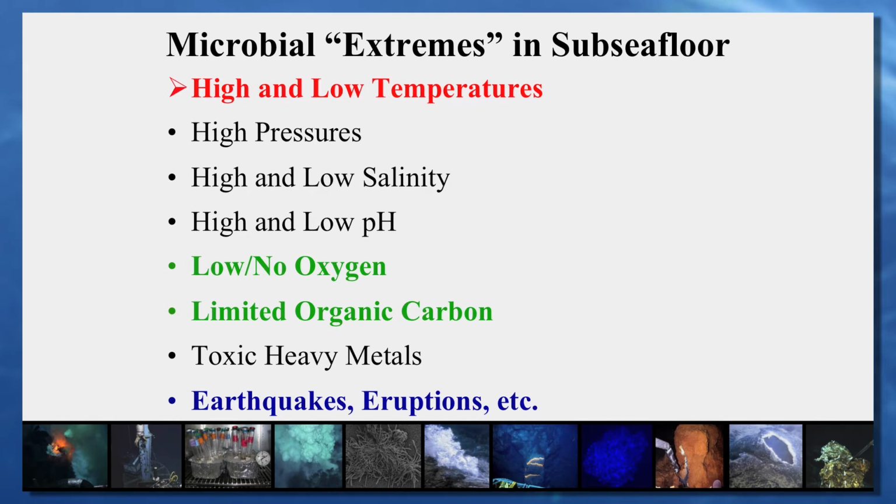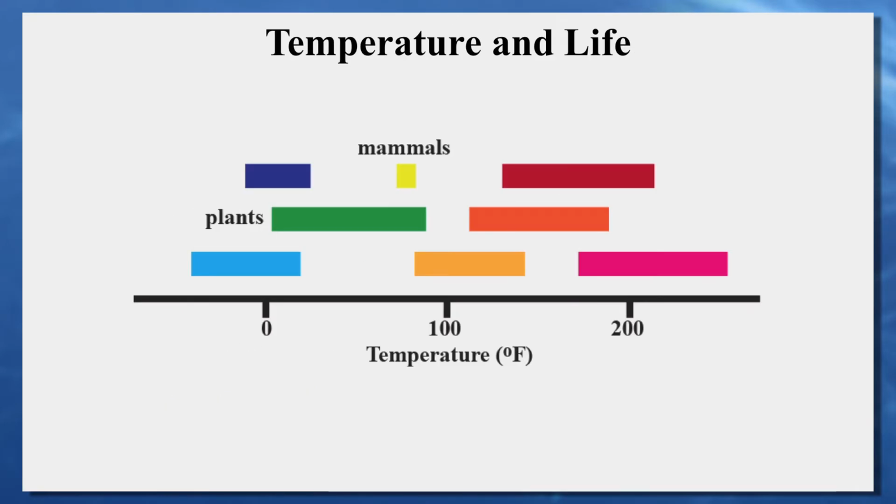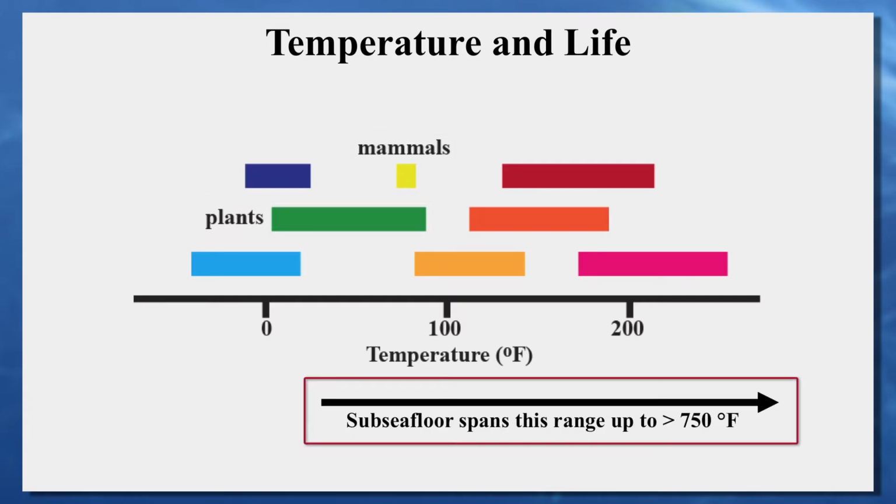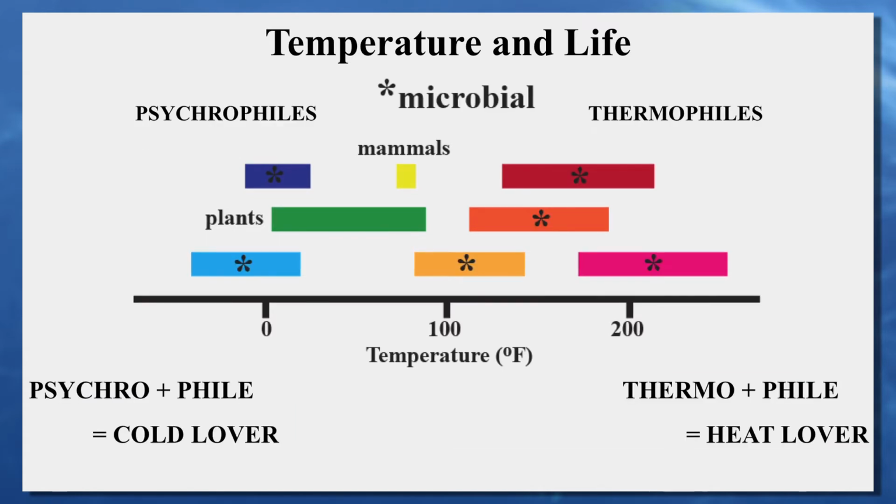temperatures. So temperature is a really interesting thing to think about in terms of how life adapts. This is a plot that is just showing the range of temperatures that life lives in on our planet. And I have plants and mammals labeled up here. And really the subsea floor, from these very cold, deep sediments to these very high temperature volcanic systems, it spans a huge, huge range. All of these other bars represent microbes that can grow across these really wide temperature ranges,